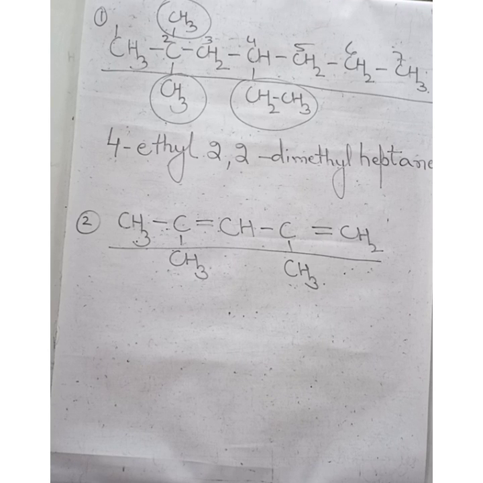Now, the rule says to number the carbon chain in such a way that, right? Now here, you don't have a functional group. So the lowest numbering will always go to the double bond, because the rule is functional group greater than double bond, greater than triple bond, greater than substituent. So after the functional group, the lowest preference always goes to the double bond. They are present in higher order of preference as compared to substituents. So the lowest numbering will go to the double bond.